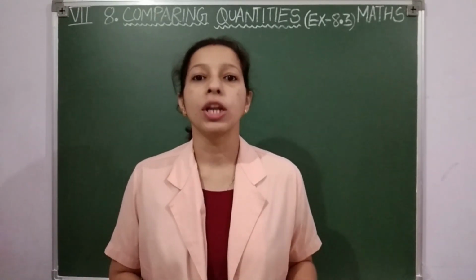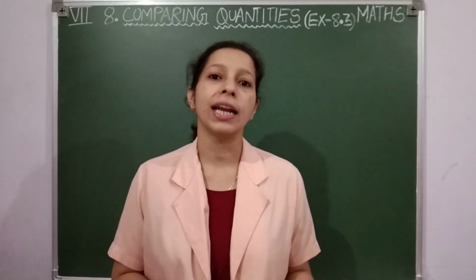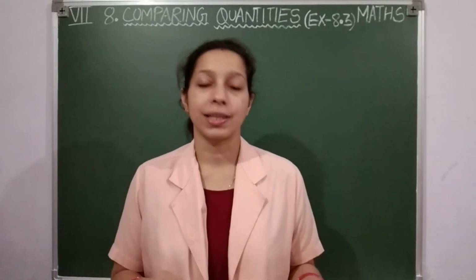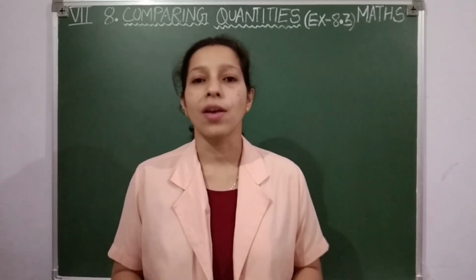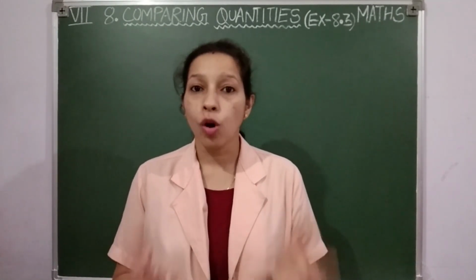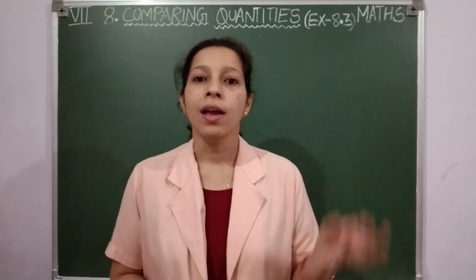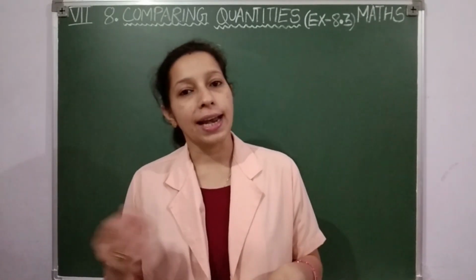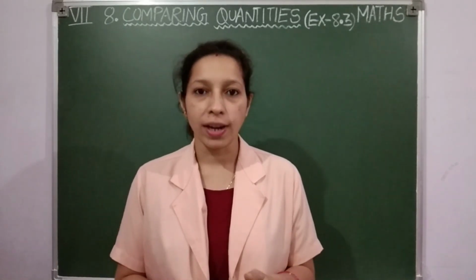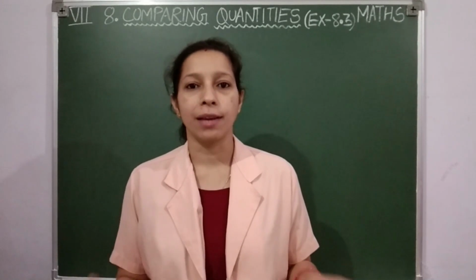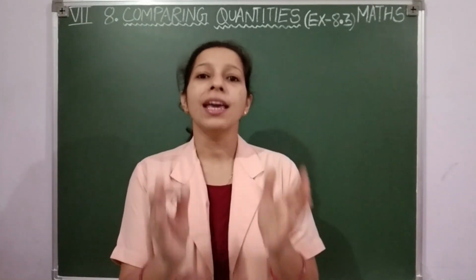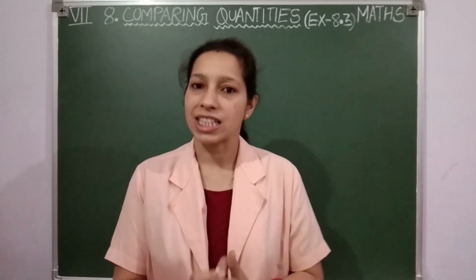These four are not new terms for you, isn't it? You have studied about cost price, selling price and all in your earlier classes. Then what is new in your 7th standard? See students, you know when it is profit, when the selling price is greater than the cost price, then it is profit. And when there is loss, when cost price is greater than selling price, then it is loss. इतना ही अभी तक आप लोगों ने अपने previous classes में पढ़ा है.